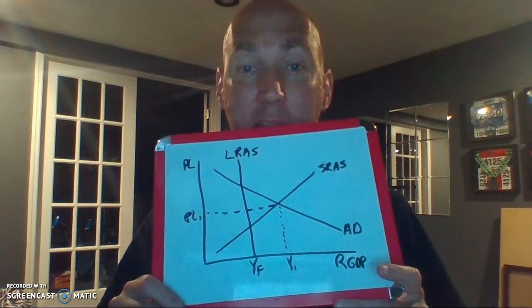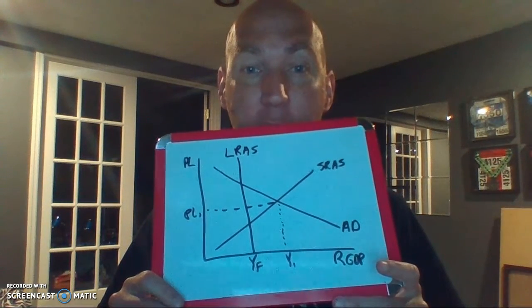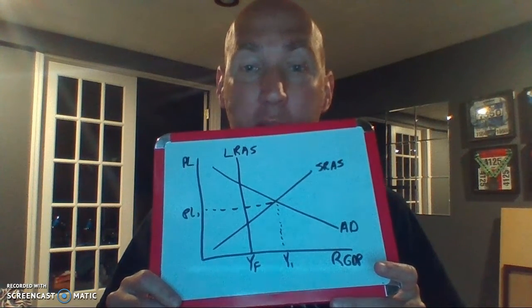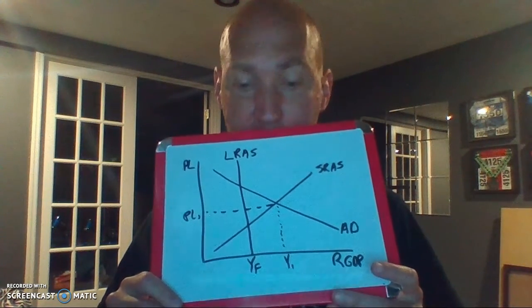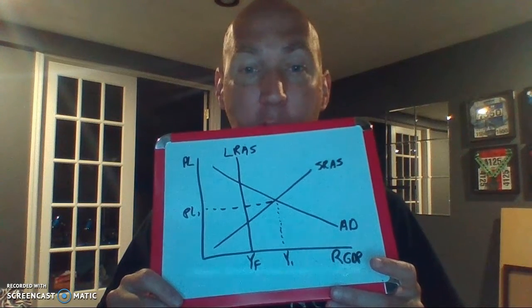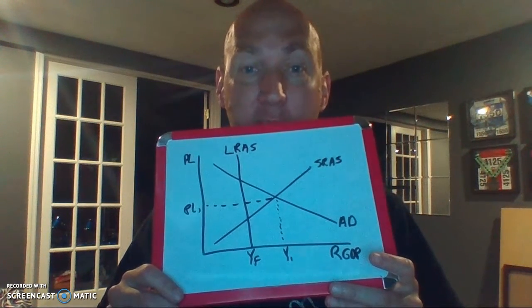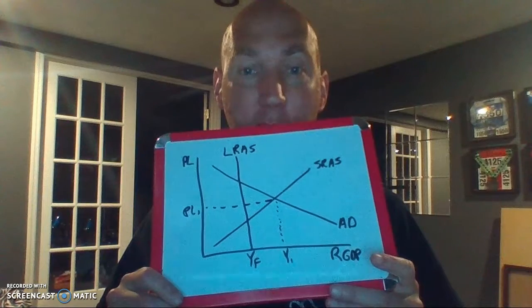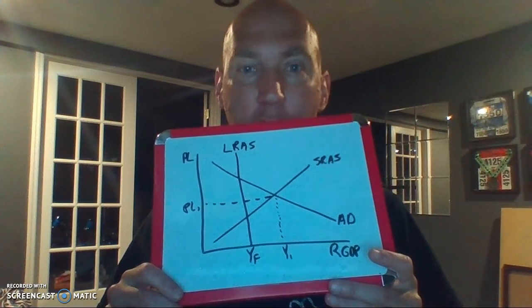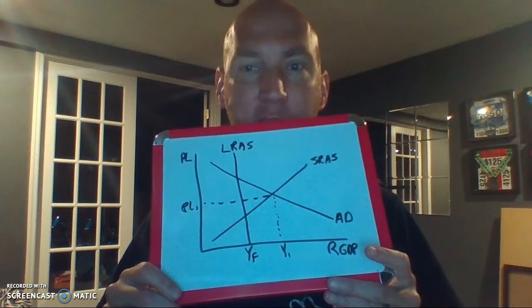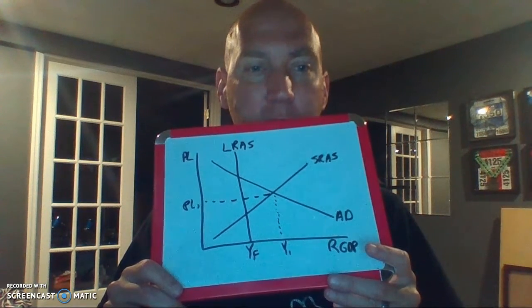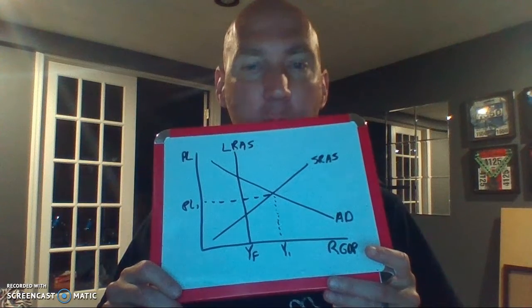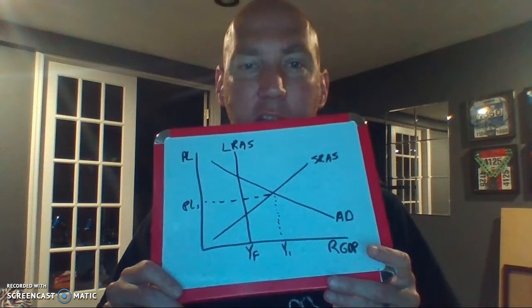Price level rising in the short run, maybe nominal wages might go up, but in the long run, what ends up happening is real wages fall and there's stress on input prices, which cause input prices and wages to eventually go up. Okay, we want to keep pace. If you're a business who sells oil or corn or a major input, you want those prices to go up as well to keep pace with inflation. If you're a worker and you notice the inflation is eroding your real wages, well, you want more. You want to adjust for inflation. You want cost of living adjustments. So, in the long run,